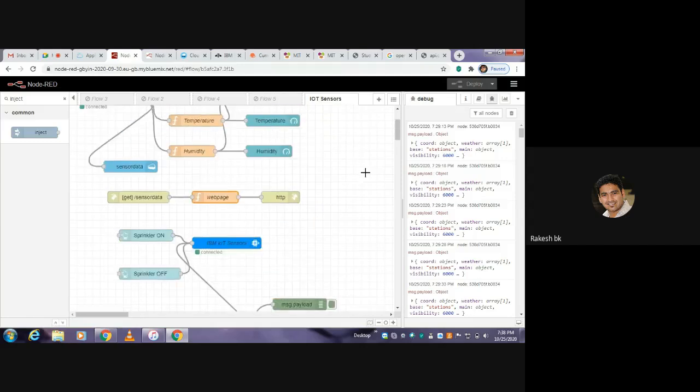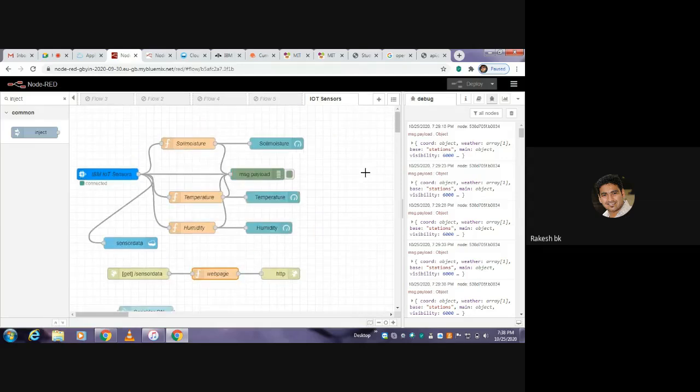So this ends your Node-RED flow editor, to make a smoother user interface between observing the data, storing the data in the cloud end, and retrieving the data and displaying it on the respective platform.